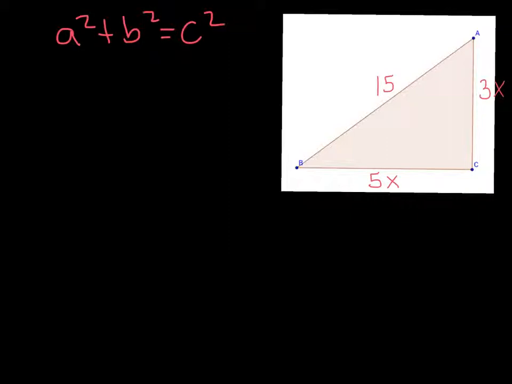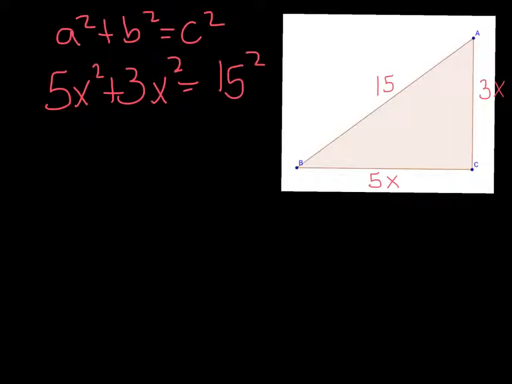A common issue, I think, that gets some students is they'll go like this. This will be a common error that I've seen. Whoever's doing this has forgotten that it's the entire side squared. For example, this side here, 5x, we want to plug that into a squared plus b squared equals c squared. But we have to plug in the whole side, and that means the entirety of 5x squared, not just the x part. So it would be beneficial to have little parentheses here, showing that the whole